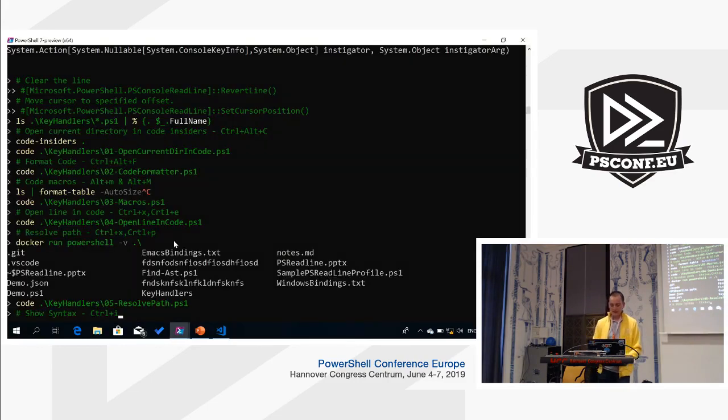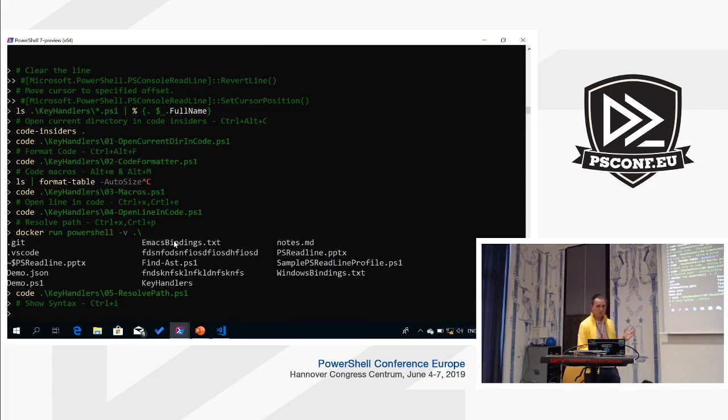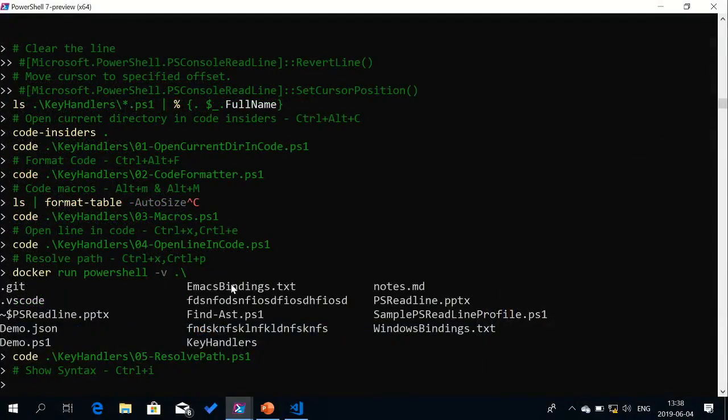Show syntax. This is where I got my inspiration from those tooltips that I showed near the beginning. Especially if you're doing a PS console readline and then get buffer state, if you do a control space here, nothing happens. Sometimes I'm invoking a method that's got quite a long signature, and I can't remember what all the parameters are. So basically, I created